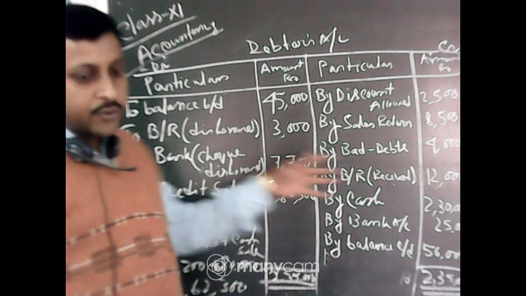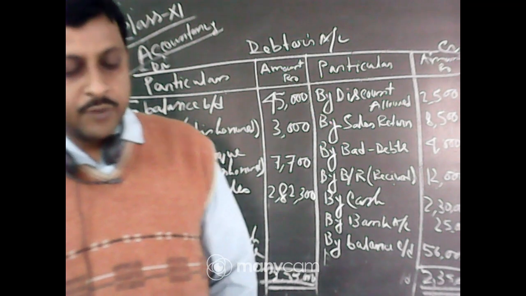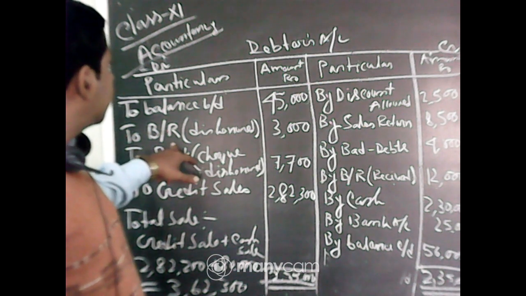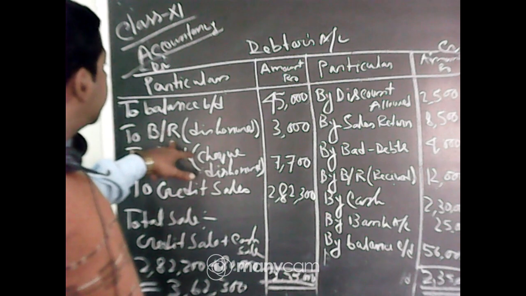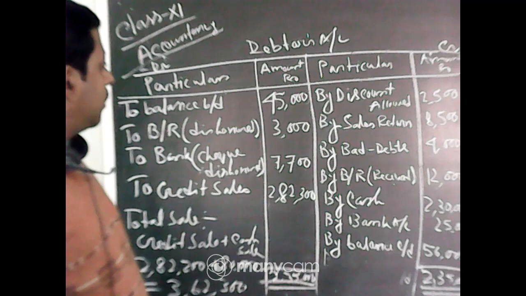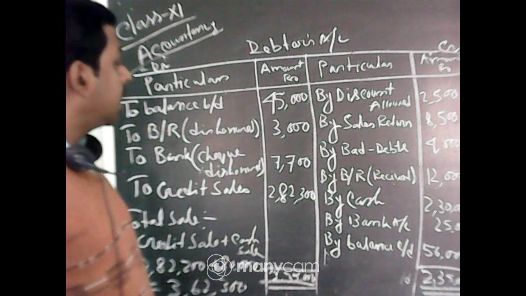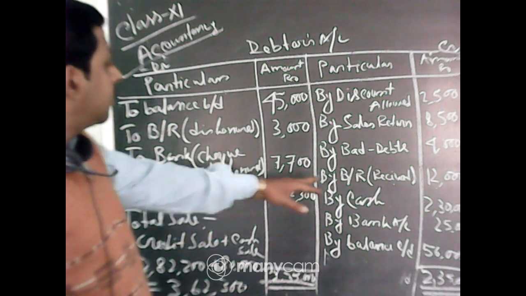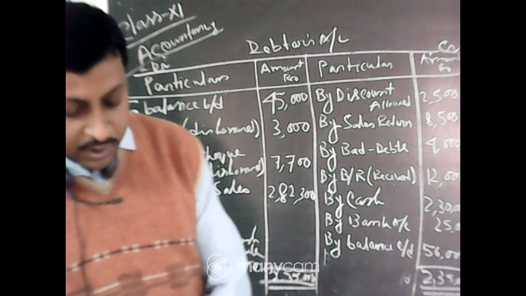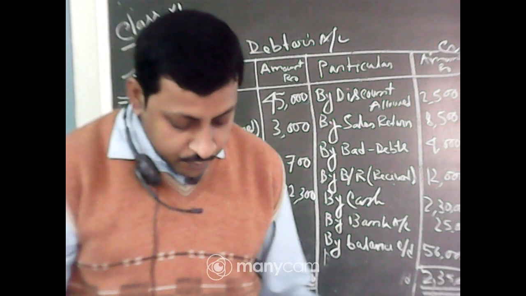So this type of question also can come. Here two other main accounts we have to do, that is bills receivable and bills payable, that you can easily post. We dishonored it here. So in bill receivable account, by debtors account, that is 3,000. When you are receiving the bill, that is 12,000. There will be opening balance and closing balance also given. At the same time, from creditors account, we have to maintain the bills payable account.